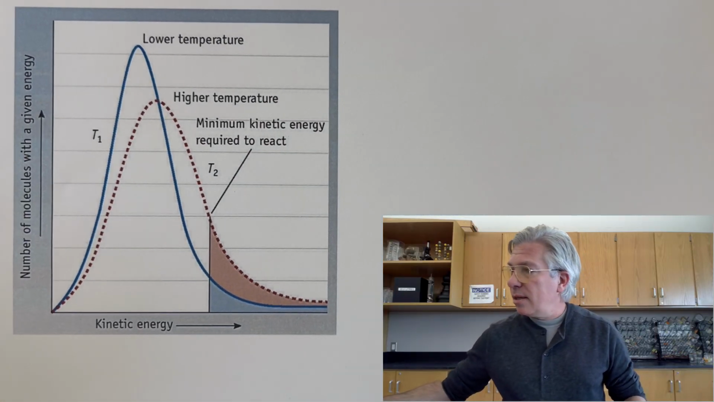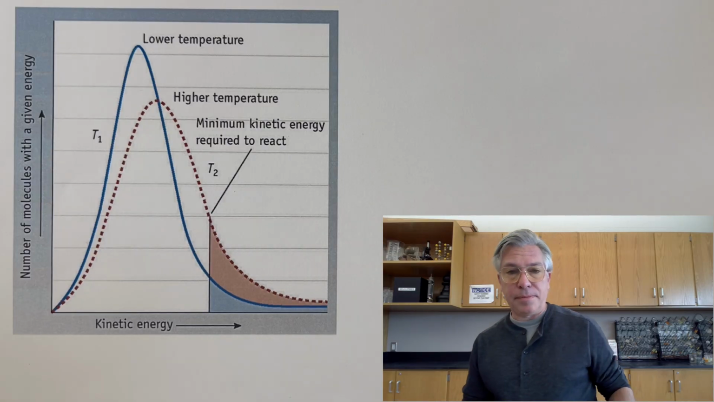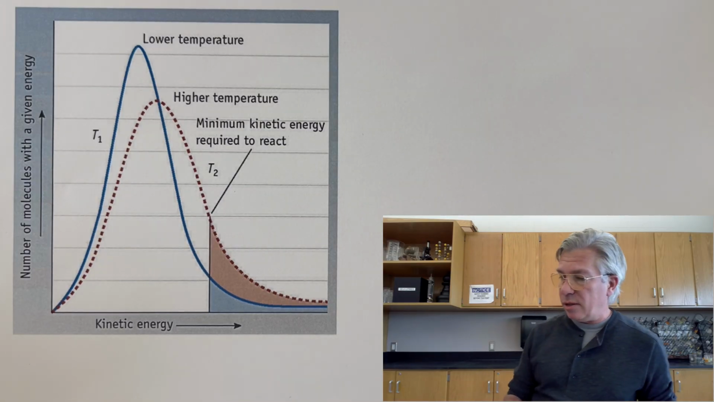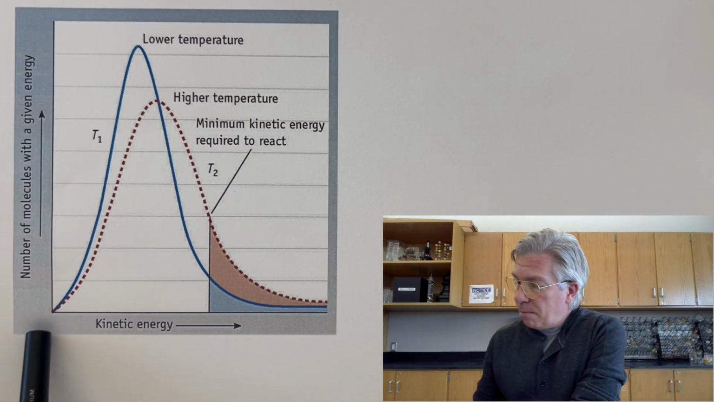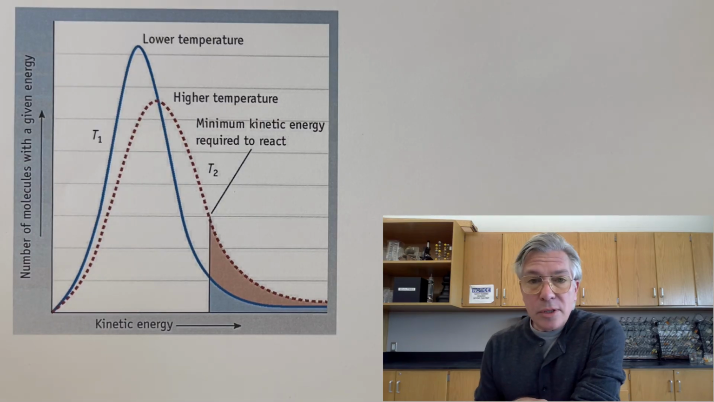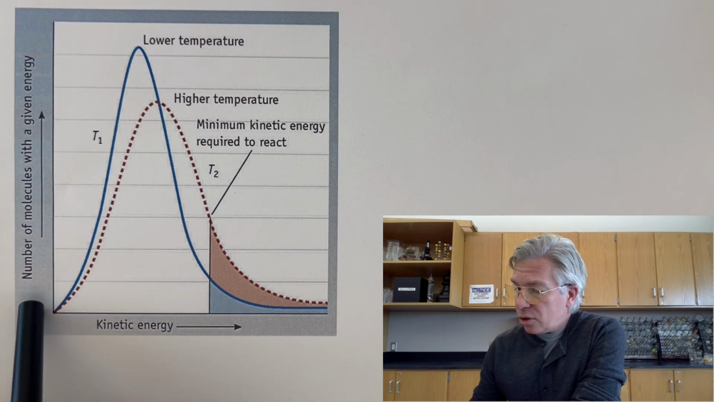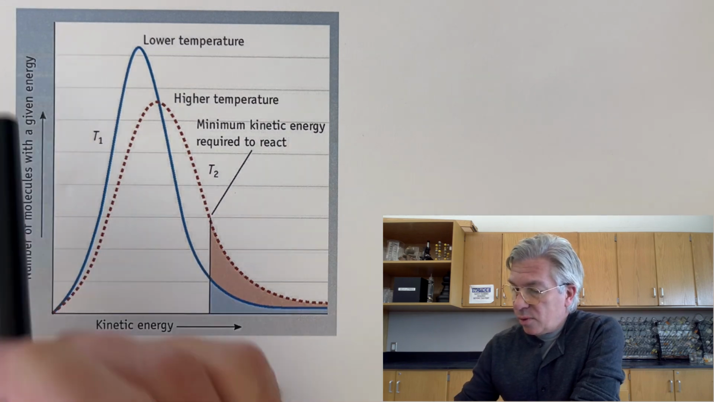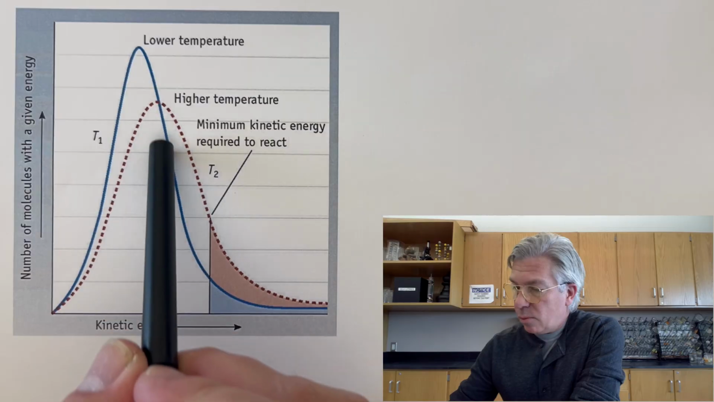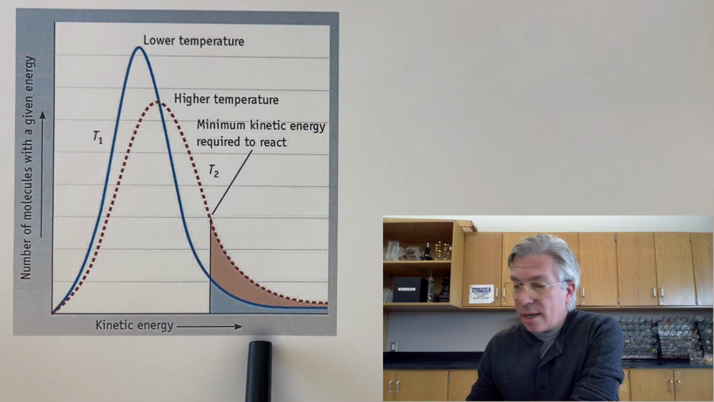Let's take a look at this graph. Hopefully you've seen one of these before. We've seen them in previous videos as well. But this is a Maxwell-Boltzmann distribution for some sample. All right, and what is it trying to show us? The number of molecules with a given energy, here's where the most of them are, and the actual kinetic energy